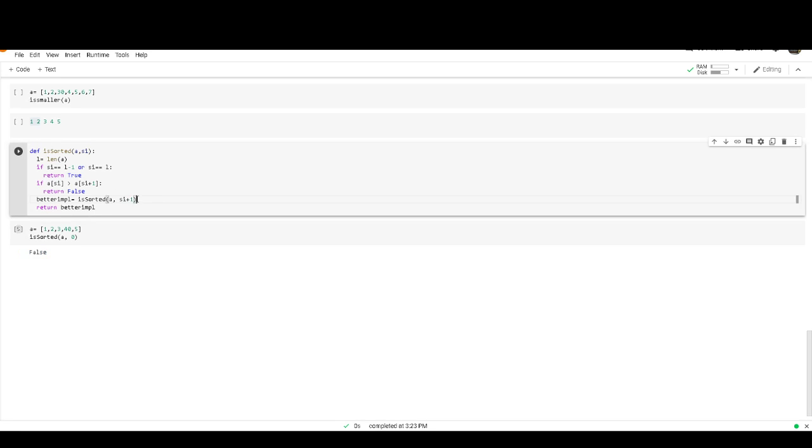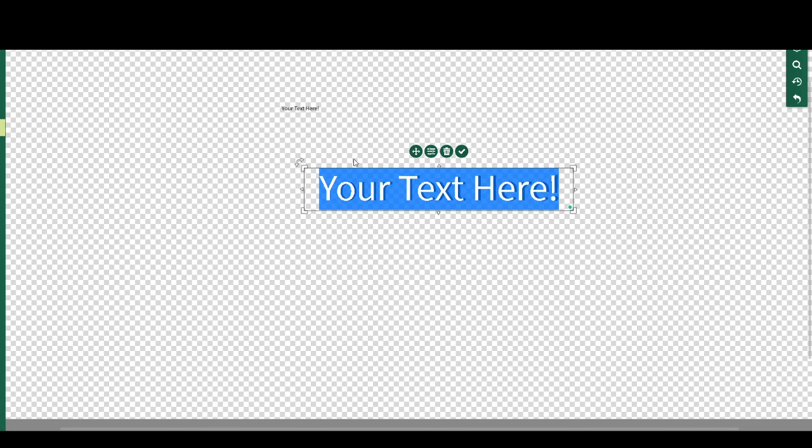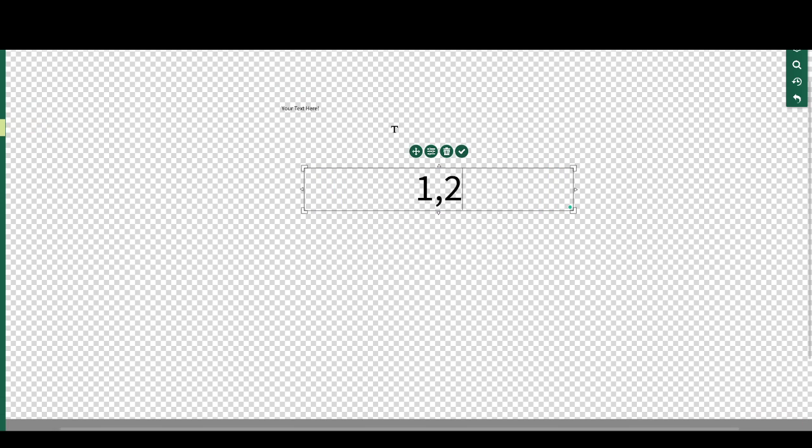Now I am going to explain what this code does. This is the chess.io website. I am going to type 1, 2, 3, 4, 5. This is the list which we are going to add as input.